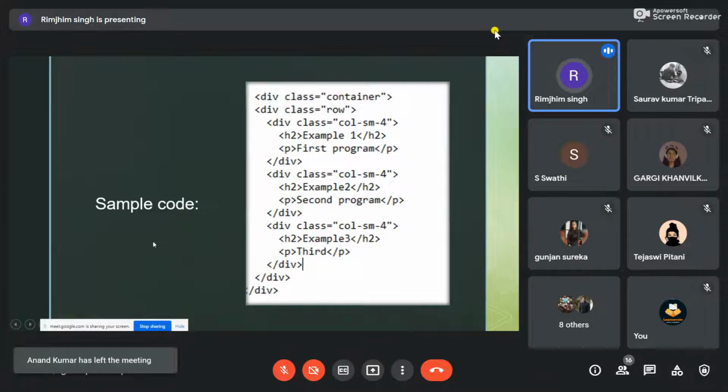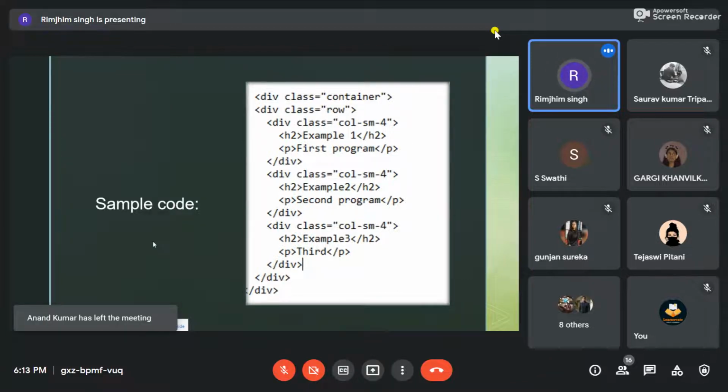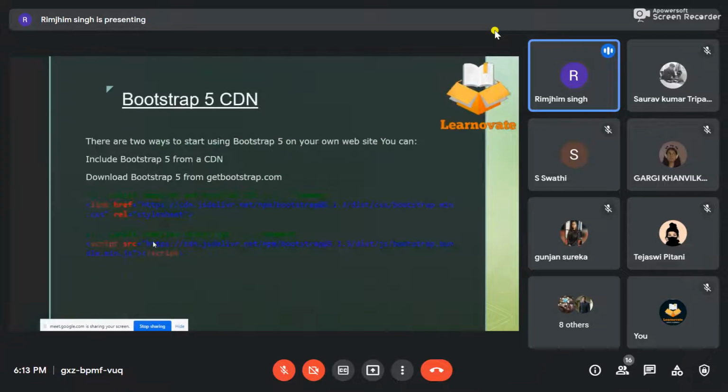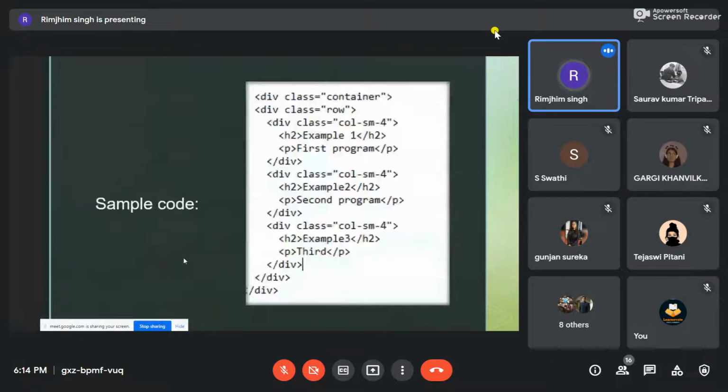As I told you, in my program, if I want to use grid and flex, first I have to cover the CDNs, which I showed you previously. So I'll be writing doc type HTML and all those things, and I'll include my CDN in the header part, and then later on I'll be using grid in this way.